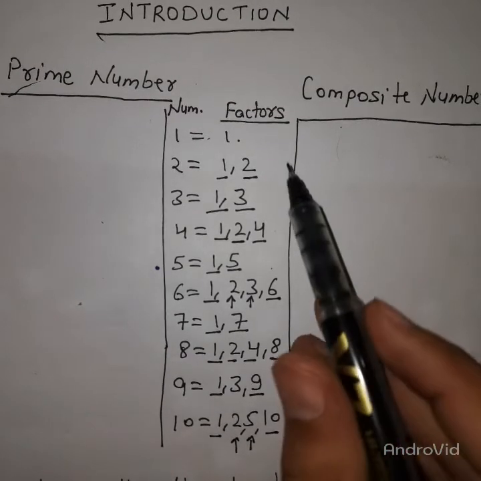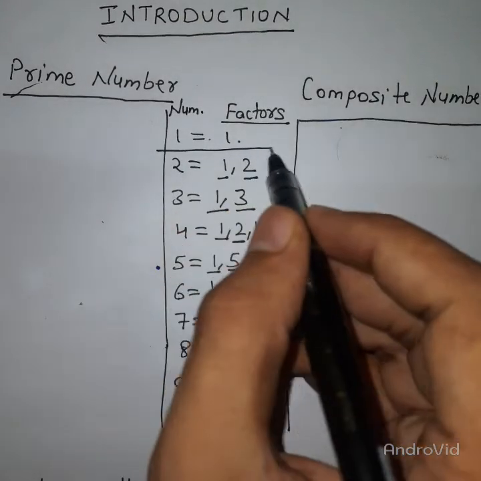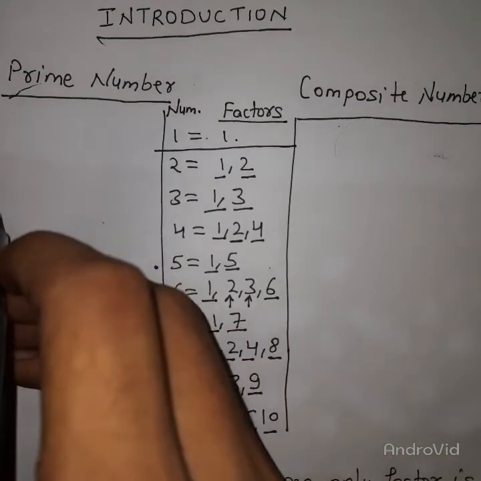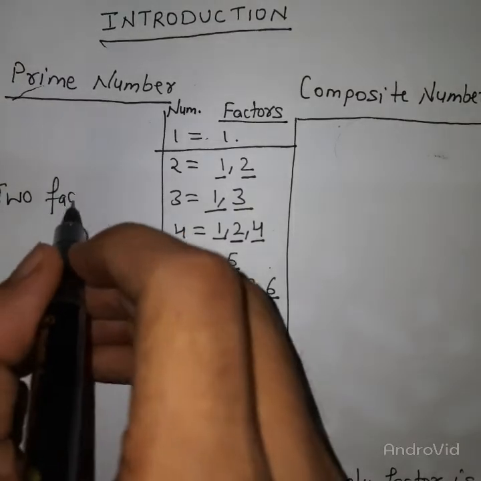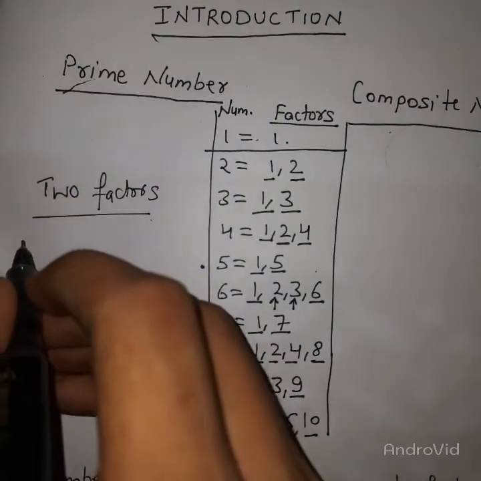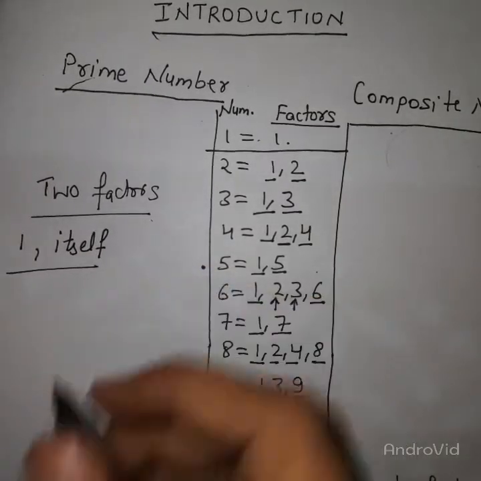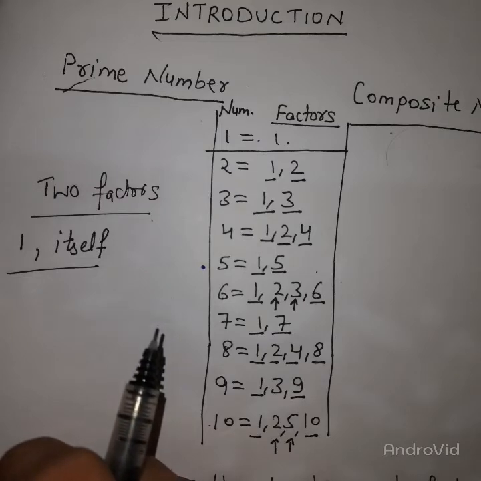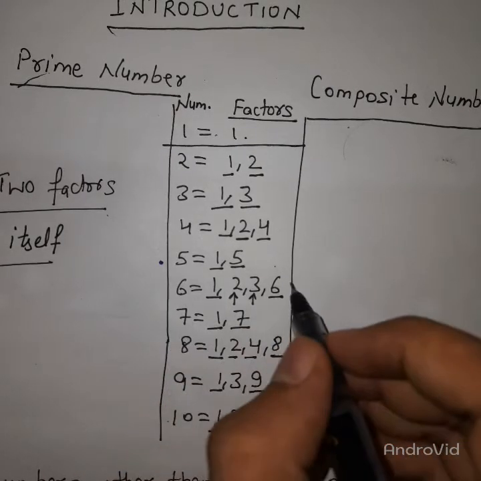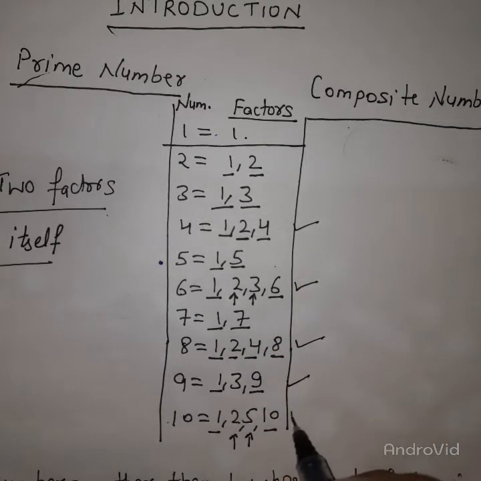So, based on these numbers, we can say that, अगर 1 को हम छोड़ दें, excluding 1, every number has minimum 2 factors. कम से कम हर नंबर के 2 फैक्टर्स होते हैं. जैसे हर नंबर का एक तो 1 फैक्टर होगा और वो नंबर itself. ये 2 फैक्टर तो 1 को छोड़ के बाकी सभी नंबर्स के होते हैं. But there are some other cases like 6, 4, 8, 9 and 10.